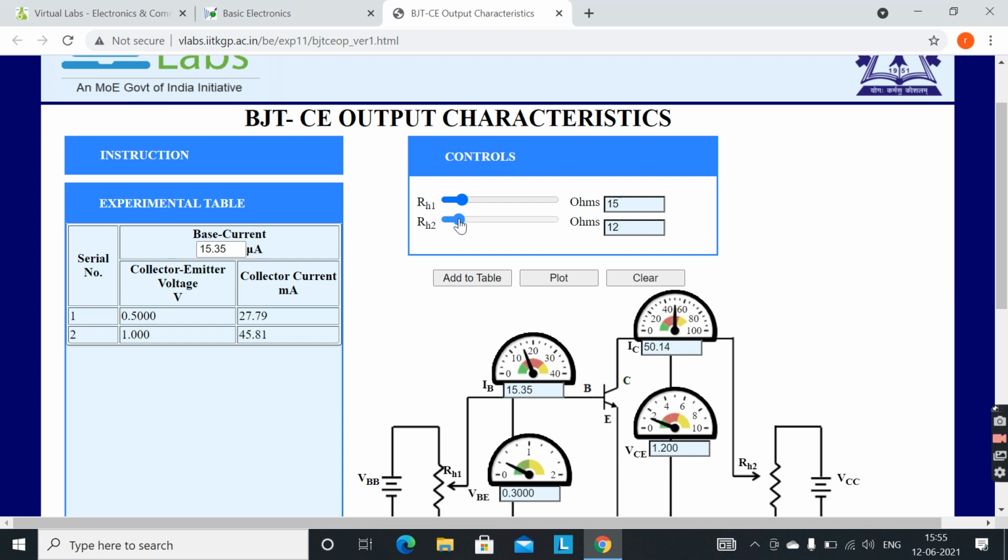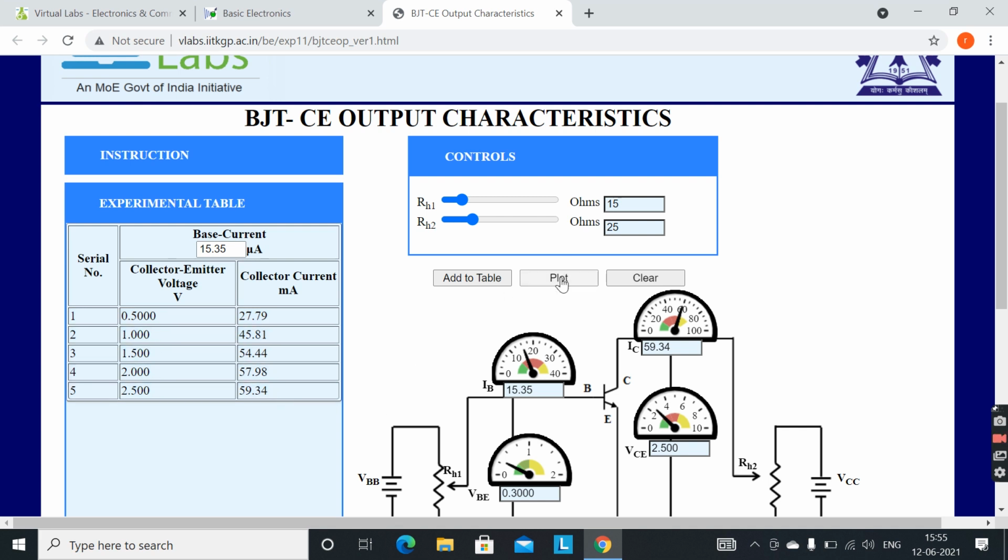Okay, then 15, add to the table. 20, add to the table. 25. So in this way you have to take all these readings, some 10 or 15 readings, and you have